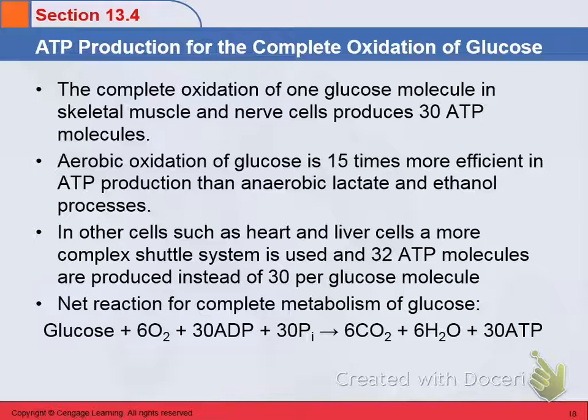All right. Yeah, so complete oxidation of one glucose molecule is 38 ATP molecules, okay? You only get about 2 out when you do anaerobic. Every book has like a